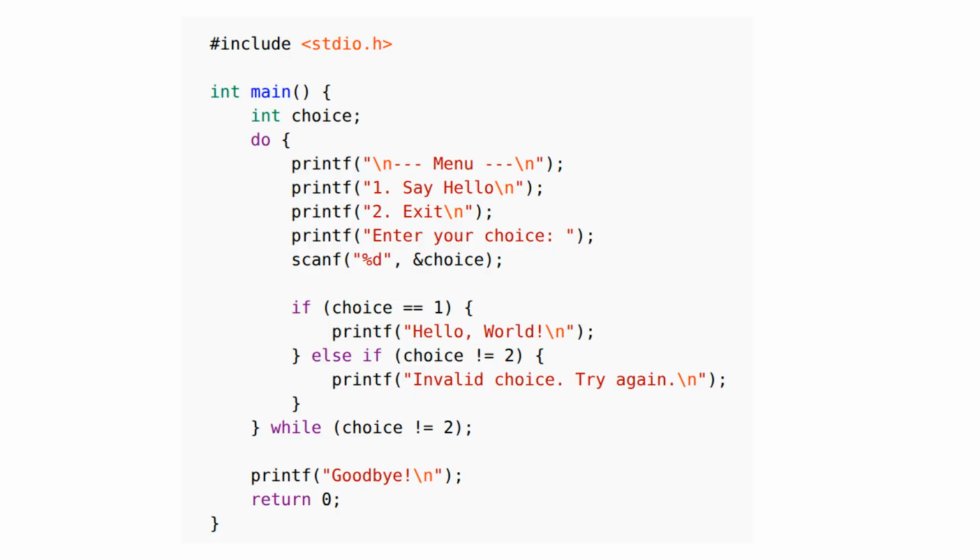And that's the whole program. It's a simple menu-driven app that keeps showing options until the user chooses to exit. The do-while loop makes sure the menu appears at least once, and the if-else logic decides what happens based on